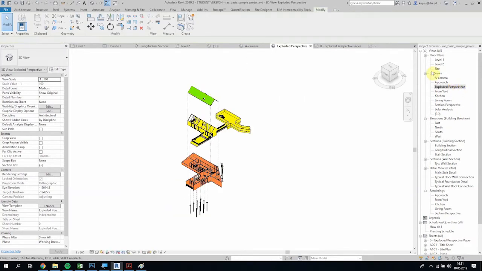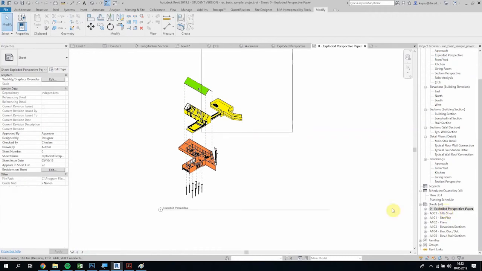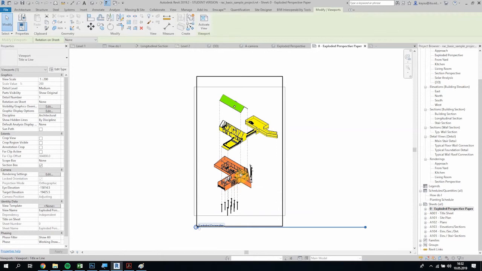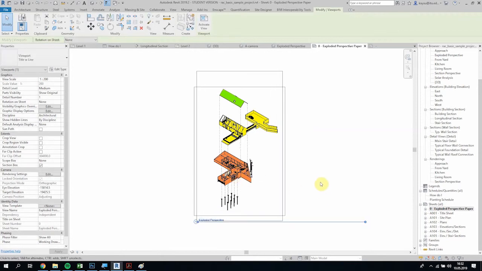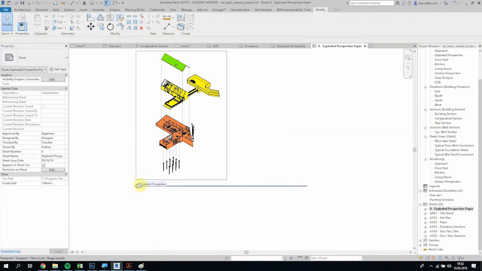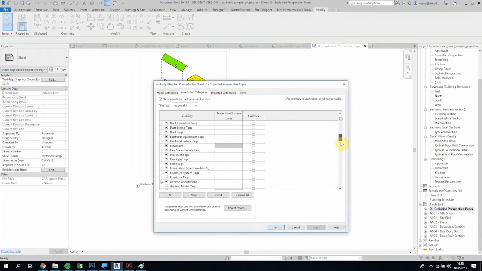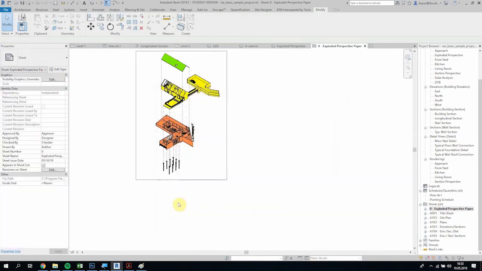Go to exploded perspective view in 3D and change the scale to 1/200. You come back again to your paper. It is smaller than the first we imported. Yeah, here if you want to get rid of this title name, here it is viewports. First check the category, it's viewports. So come back, annotation category. Now viewports, view reference, view title, uncheck those. Yeah,